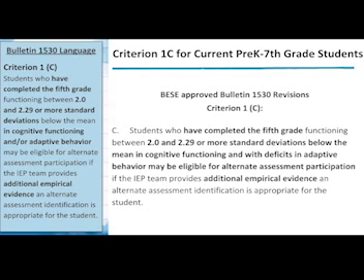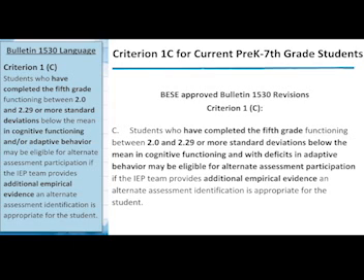Now let's take a look at the final subsection for Criterion 1 that applies to students currently in grade 7 and below. Again, to the left, we see the familiar requirements, and they read, students who have completed the 5th grade functioning 2 and 2.29 or more standard deviations below the mean in cognitive functioning and/or adaptive behavior may be eligible for the alternate assessment participation if the IEP team provides additional empirical evidence an alternate assessment identification is appropriate for the student. BESE approved revisions to Criterion 1 subsection C in the center of the slide read, students who